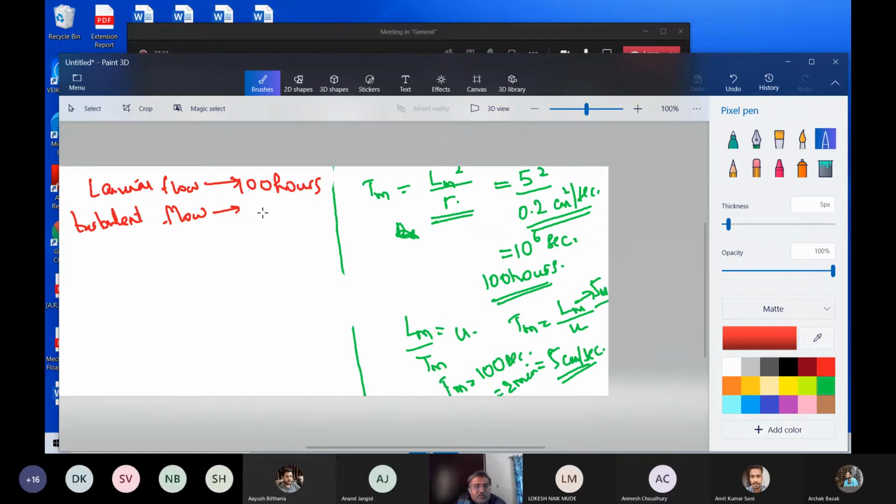So the turbulent flow takes about 2 minutes, which is basically what we see. In general, what we see is about 2 minutes. Once you put the heater on in the room and let the air out at this 5 centimeter per second velocity, in about 2 minutes you start feeling the effect of that heat in the other side of the room, the far corner of the room. So this is just so that you understand that there is a whole lot of difference if the atmosphere had been laminar instead of turbulent.